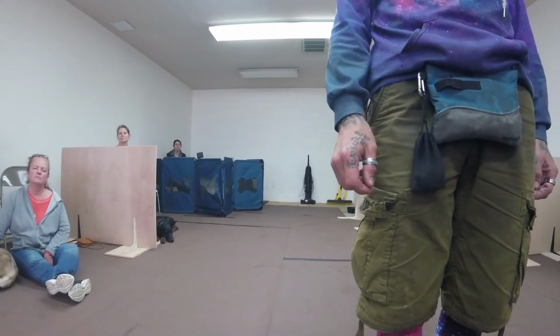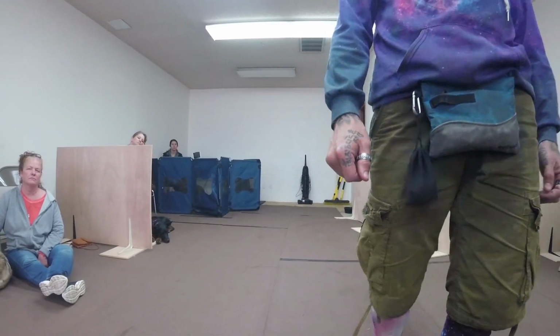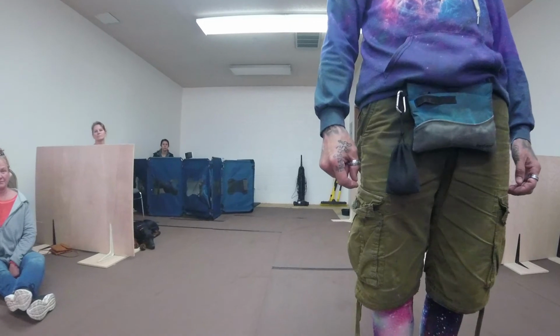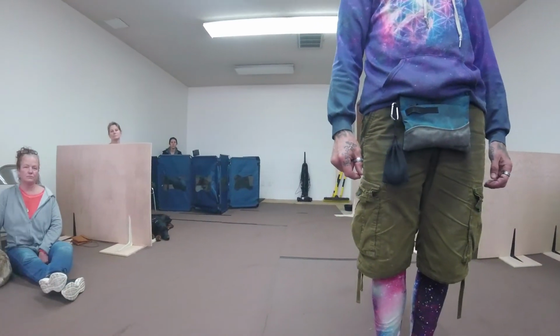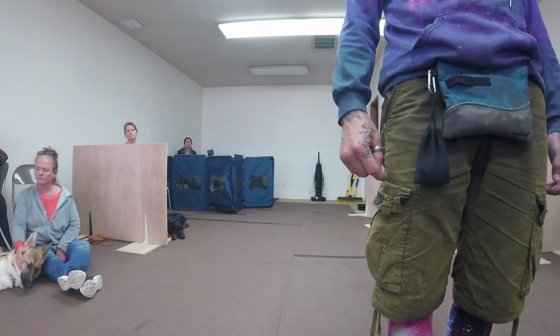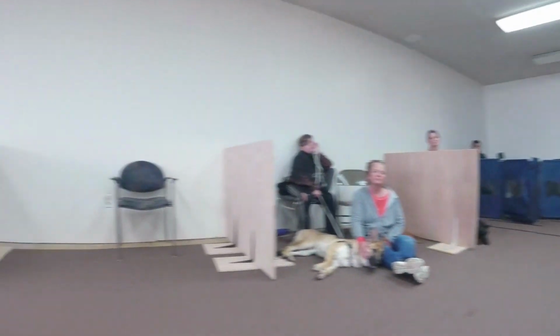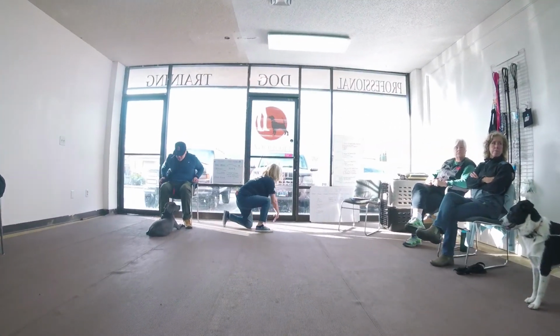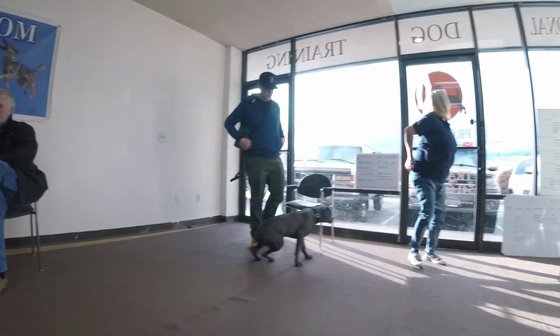So this is why we start with one step. Look at the distance between him and I. Put one foot back. Now, look at the distance between him and I. Now, put the other foot back. It doubled, right? I'm going to fail at this stage at first. This is why you move one foot back, one foot forward. Make sense? Okay, let's see you guys try it. So try this. Let's try to get two steps and then sit back down. If you can't get two steps, but you get